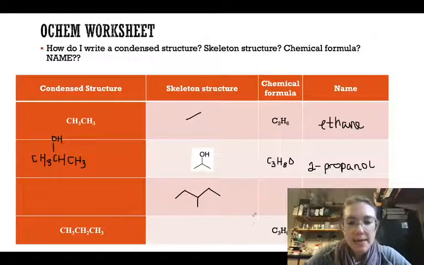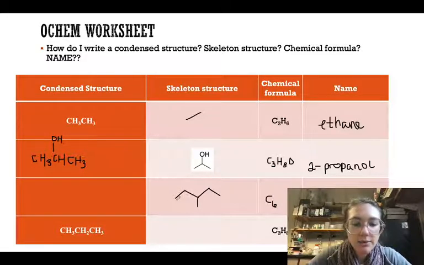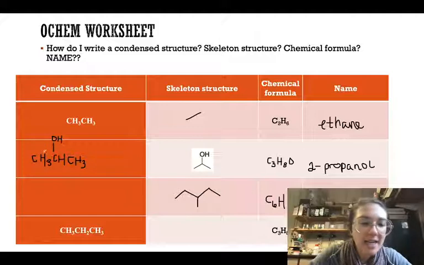So, with that being said, everything should be quite simple, right? Once we have a skeletal structure, we know what's going on. I have 1, 2, 3, 4, 5, 6 carbons, so I can say carbon 6. And then I have 1, 2, 3, 4, 5, 6, 7, 8, 9, 10, 11, 12, 13, 14 hydrogens. Great. And then if I need to do the condensed structure, I just got to name it as I did